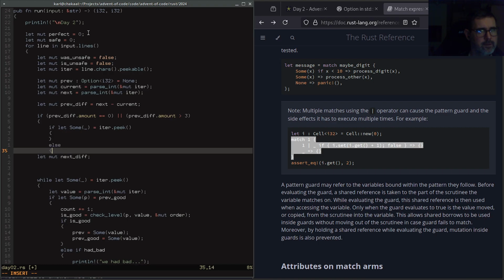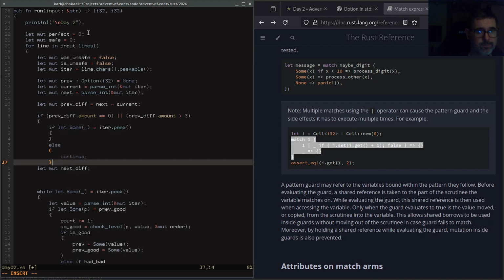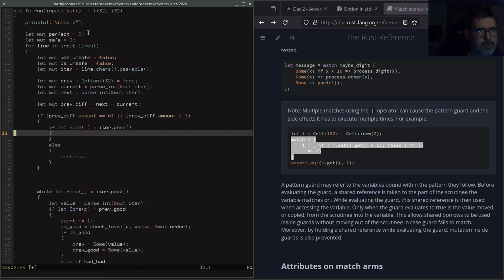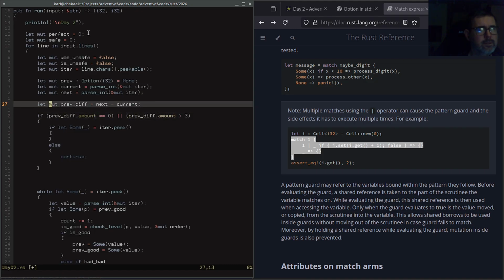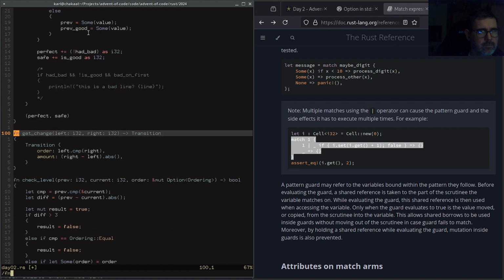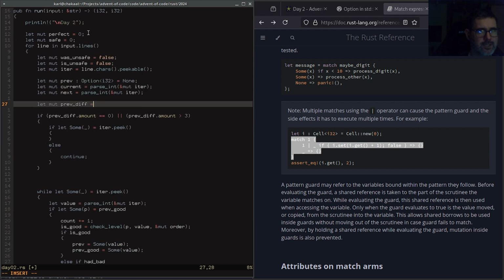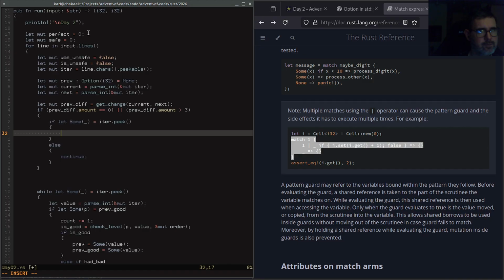In this case, we want to continue. So if we don't have another number to peek, right? So this means we have got a bad change. What happened to get change? Otherwise, we want to set